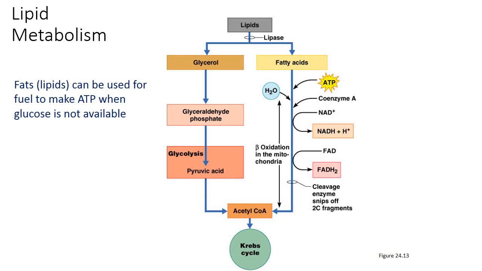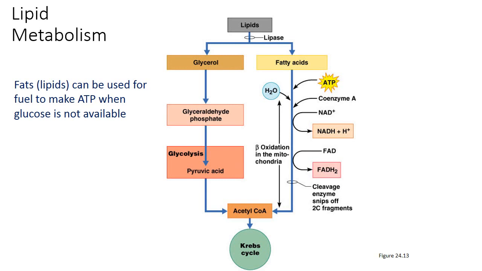The use of fats or lipids to make energy, if glucose is not available, we see the process here. The glycerol can enter into glycolysis through this pathway. And fatty acids, remember that the building blocks of lipids are glycerol and fatty acids. Fatty acids can, through what's called beta oxidation in the mitochondria, be converted into acetyl-CoA. So once we get to acetyl-CoA, that can now enter Krebs cycle and eventually through electron transport chain and make